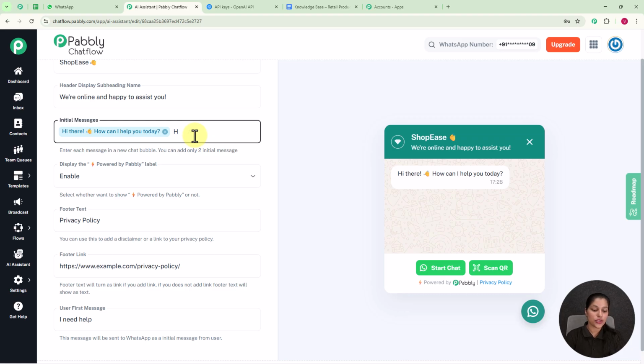Now let's say I'm going to enter one more initial message, that is hello. So for that you just have to type it and press the enter key, and here you can see our initial message is ready which can be seen on the preview of the chatbot. But this was for the demo, so here I am going to just remove it,